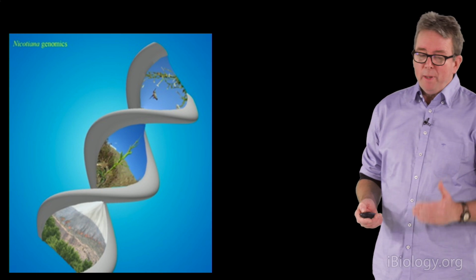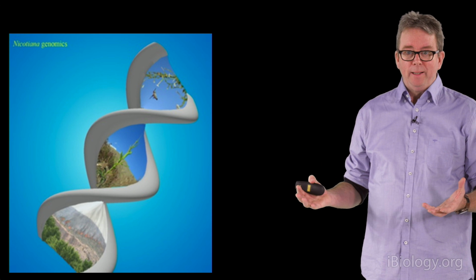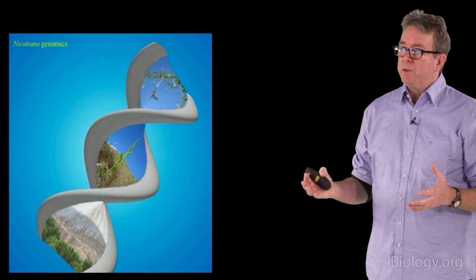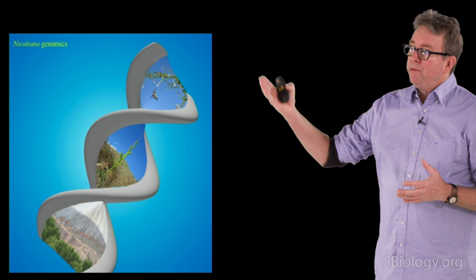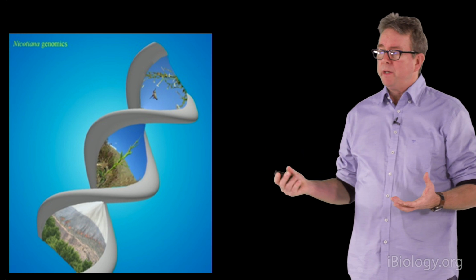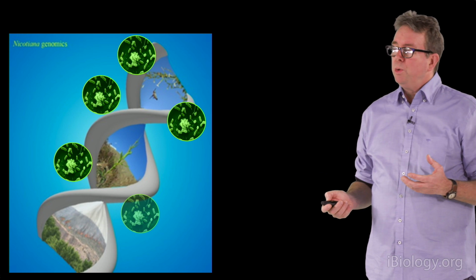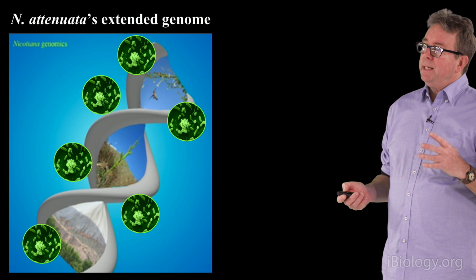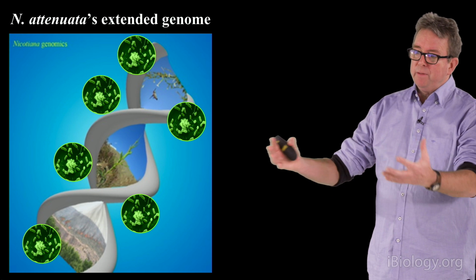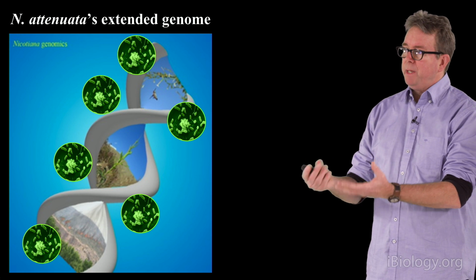So the take-home message here is that while it's great to have a genome of this plant, and it's wonderful to be able to see how the various sorts of traits that we've learned are important for the natural history of this plant are embedded in that genome. We can see the signatures of it. It's also clear that we're going to have to be taking much more attention to the attenuata's extended genome, namely that of the microbes that it develops mutualistic associations with that are opportunistic with every time they germinate into the